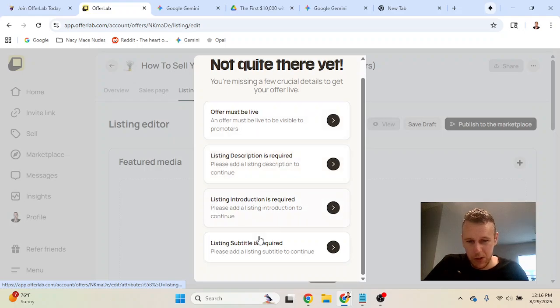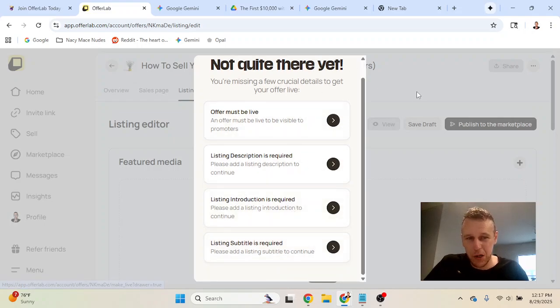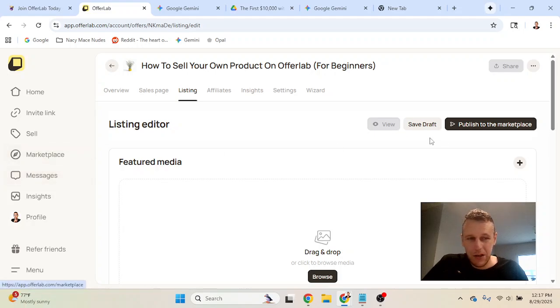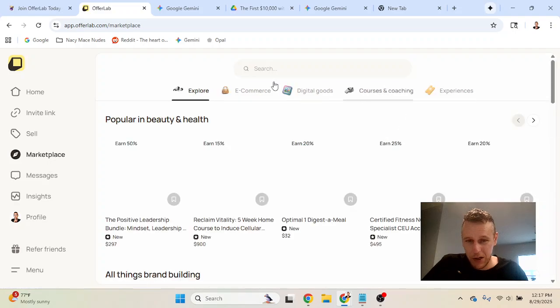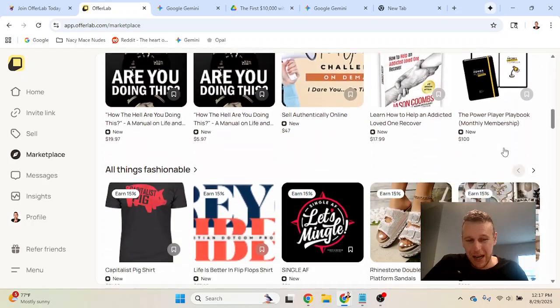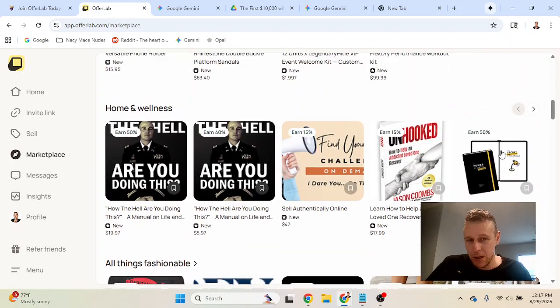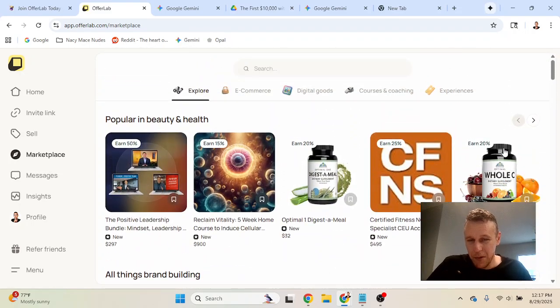And if we click that button one more time, listing subtitle, right? So super easy stuff. And then once you click the last remaining few buttons here on this page, then it's going to publish your listing to the marketplace. And then if you come over here to marketplace, it will be live beside all of the other offers. And you'll not only be able to make sales of your product, which you set up completely for free, but the most powerful part is you'll be able to have hundreds or thousands of other affiliates promoting this product for you,